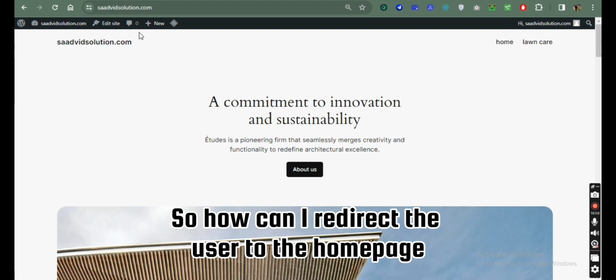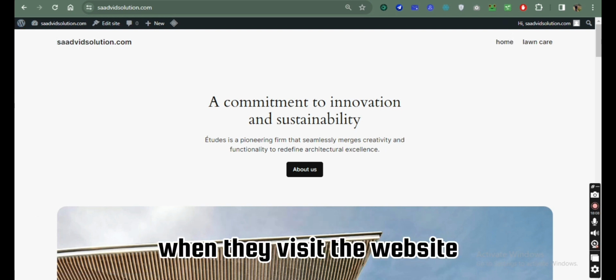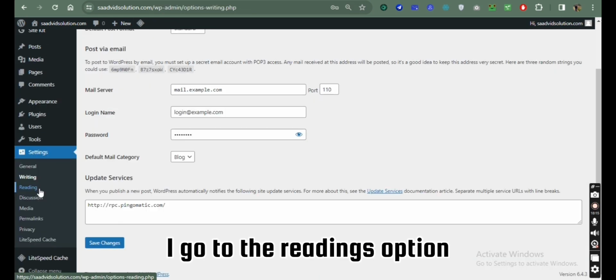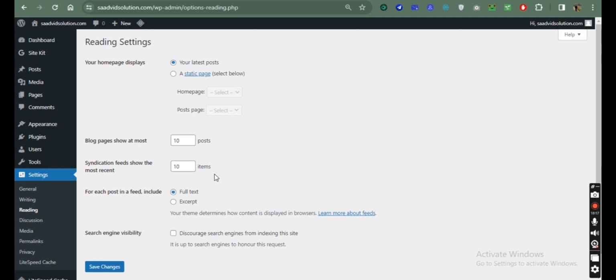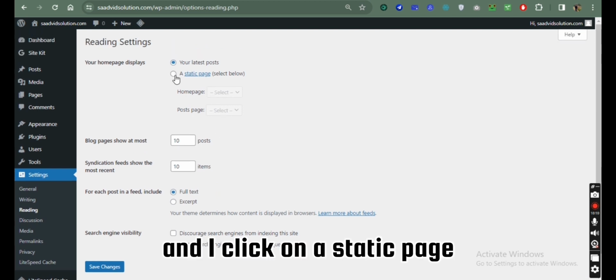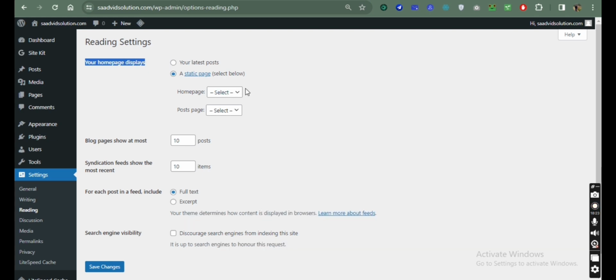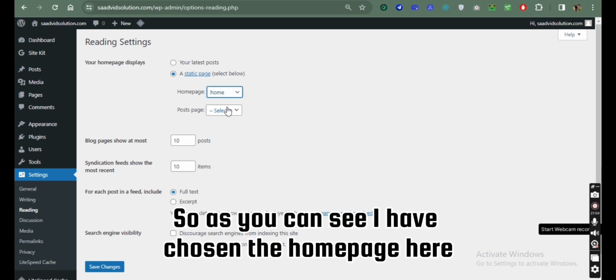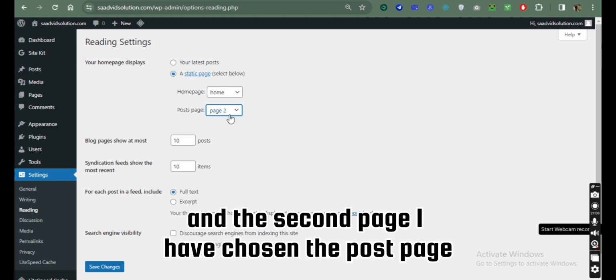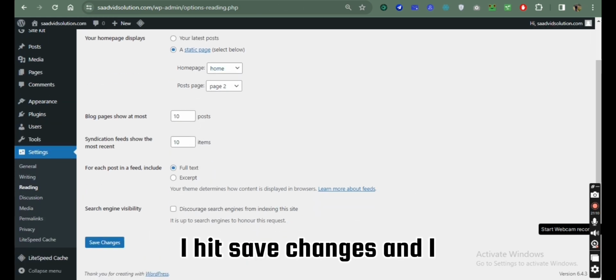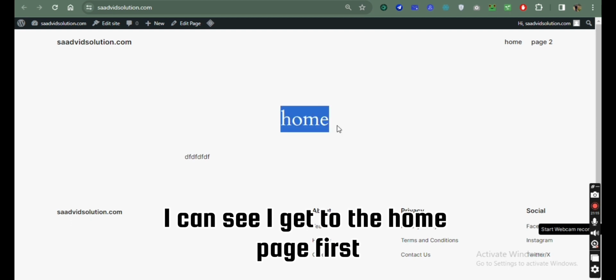So how can I redirect users to the home page at first glance when they visit the website? So I go to the settings option, I go to the reading option, and I click on a static page. This is the option for what your home page displays. So as you can see, I have chosen the home page here, and for the second page I have chosen the posts page. I hit save changes,